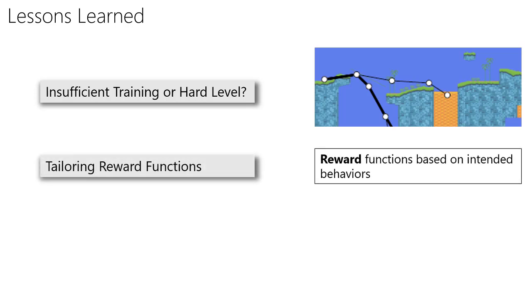Next, tailoring reward functions. Reward functions drive the behavior of agents. In our approach, we wanted to analyze the design of obstacles and hence used a simple reward function based on how far the agents traveled towards the goal position. Hence, the agents learned to move farther. However, we observed that the agents did not collect power-ups for which they had to travel backwards. As such, the reward functions need to be tailored while training agents to exhibit the intended behaviors.